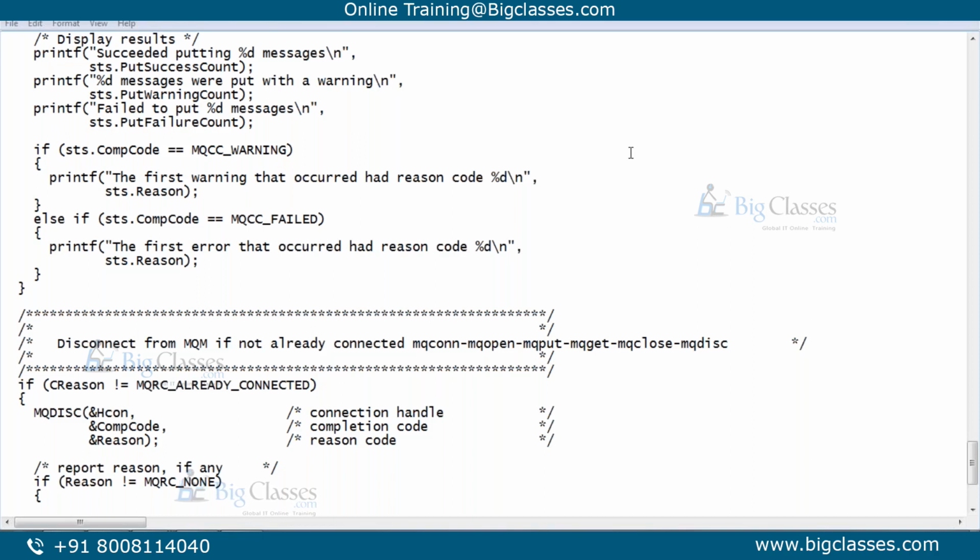As an administrator, what you have to do is create the queue, getting the requirement in the respective environment.